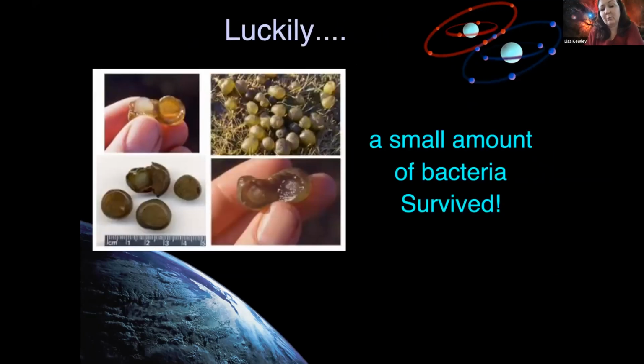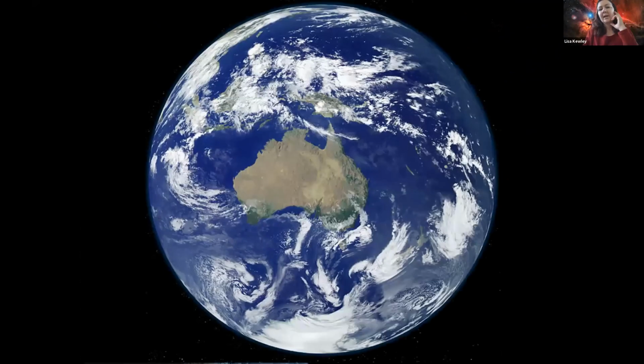And it almost wiped out all the cyanobacteria actually. So there was hardly any left there. So in the stromatolites, we know that there was a period where there were very, very few cyanobacteria. We're very, very lucky that a small amount of bacteria did survive, and it kept creating oxygen. And then finally, we have the amount of oxygen that we have on Earth today. And so I think that we're really lucky to be alive on Earth today.